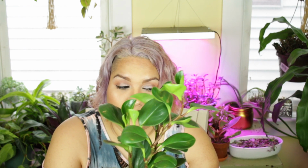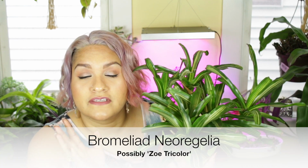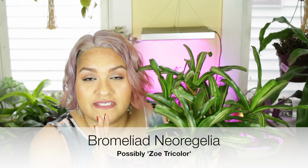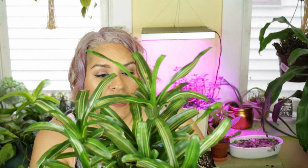Peperomia obtusifolia. This is a bromeliad of some sort. I wish I knew what kind it was. I don't know what kind it is. I will do some homework and see if I can find what type of bromeliad this is, but it is a bromeliad, and I got it at a local garden center